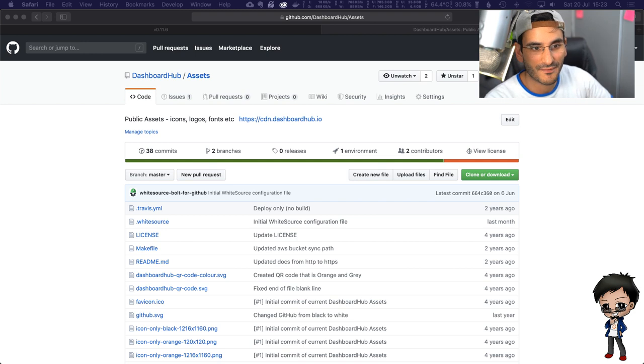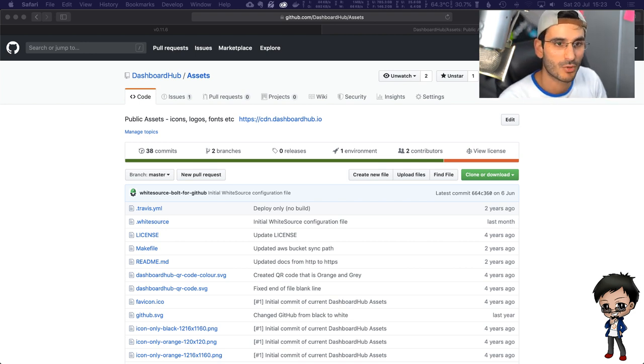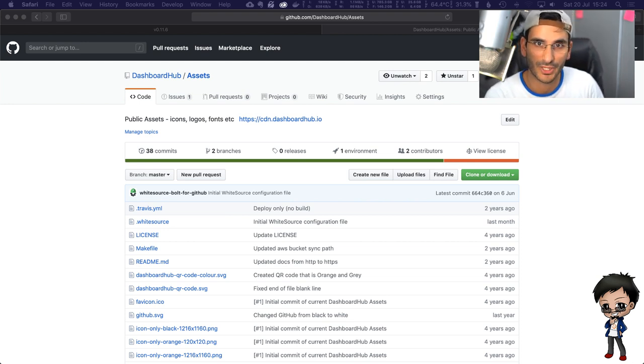So let me do that first, and then I must review a pull request on Dashboard Hub's main project that I've been putting off for a week because it's a lot of serverless functions. They are serverless functions, but on Firebase Functions, and I don't know too much about those. To review something I don't know too much about, I'm going to be slow going through that. You'll see me struggle, you'll see me figure it out, but that's dev life, right?